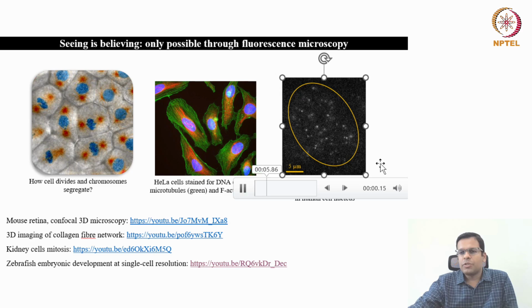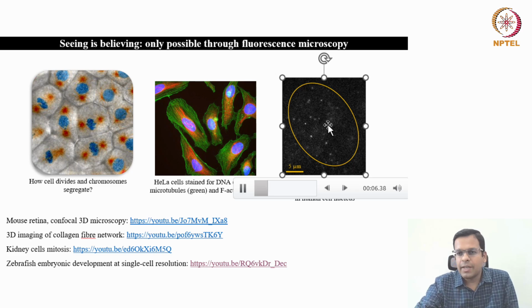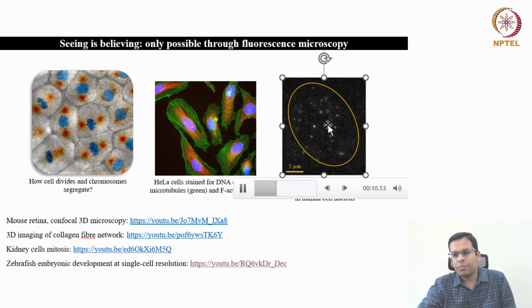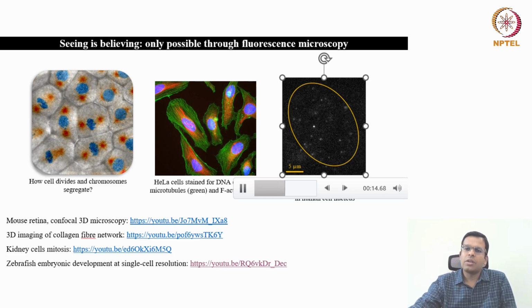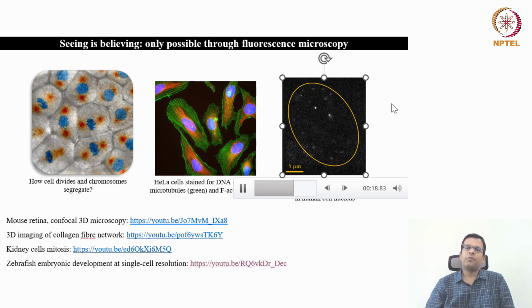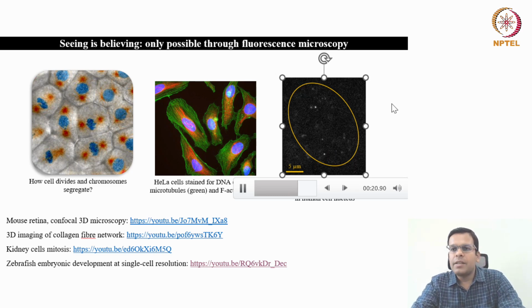Also, this is the most advanced fluorescence microscopy technique, which is known as single molecule imaging. Here the protein molecules are labeled fluorescently in the live cells, and you can study their dynamic properties, that is, how fast these proteins are binding to their specific target sites, or how fast they are moving inside the cell nucleus. So basically, fluorescence microscopy makes the intracellular processes visible.